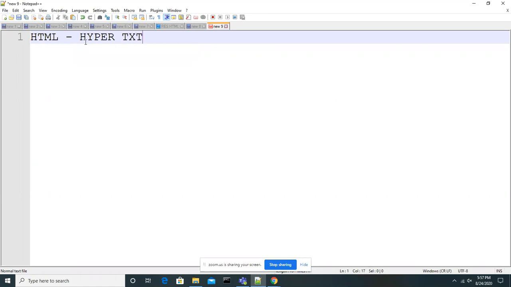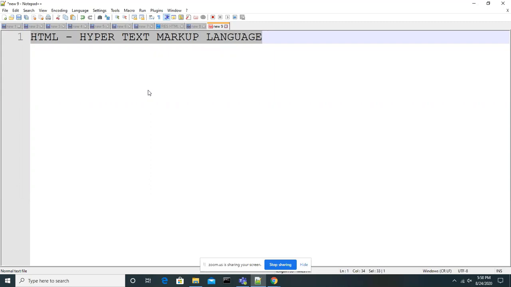Let's try to understand something about hypertext markup language. This is the language which will make the data be represented in a beautiful, good manner.